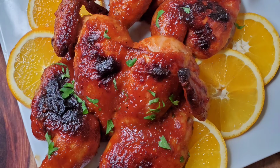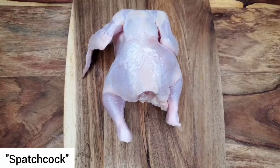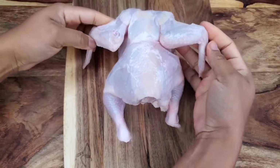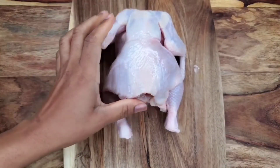Really nice dish. Let's get into it. So the first thing we're going to do is spatchcock the Cornish hen. Of course, these are significantly smaller than a regular whole chicken, so it's going to be easy to get